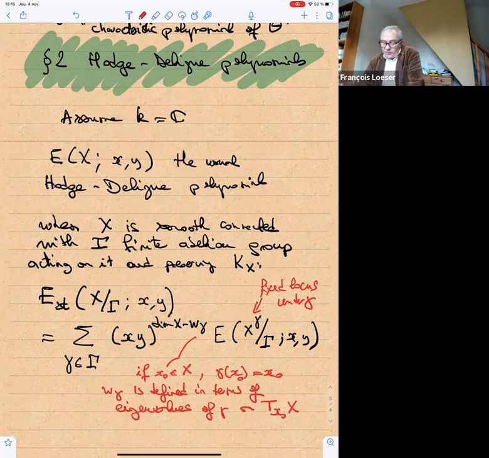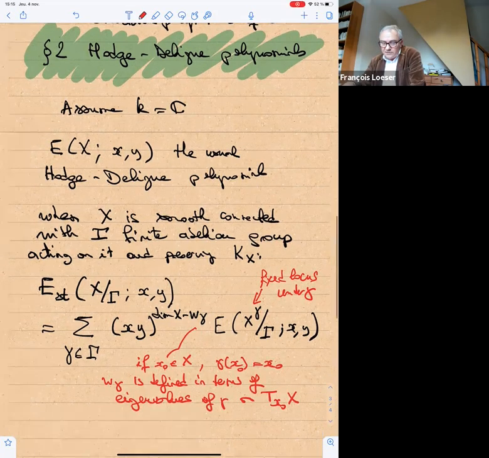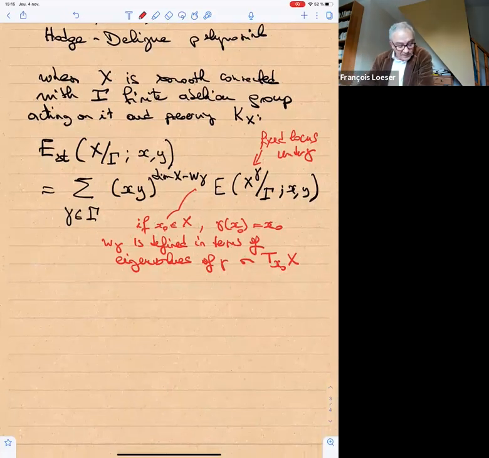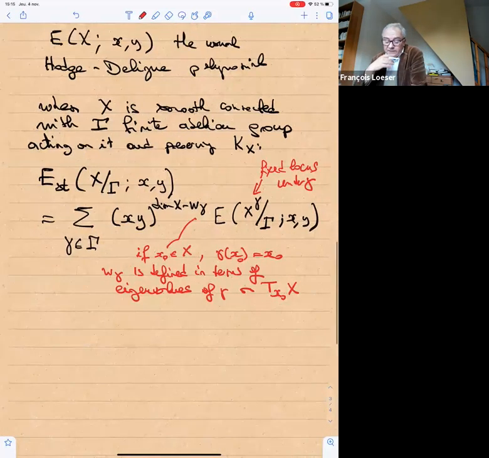So I won't say more on these W's. They are called discrepancies. They also have some physical name, which I forgot. Is it bosonic shift or something like that? I don't know. Okay, so we have this stringy polynomial,